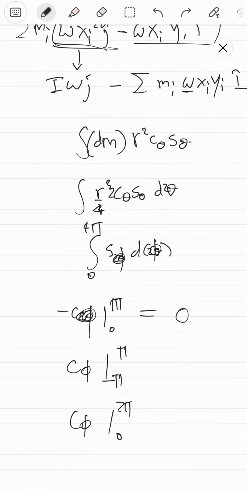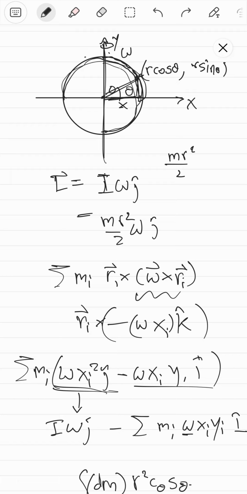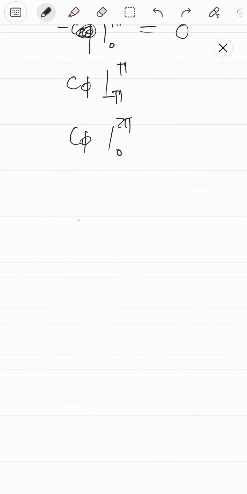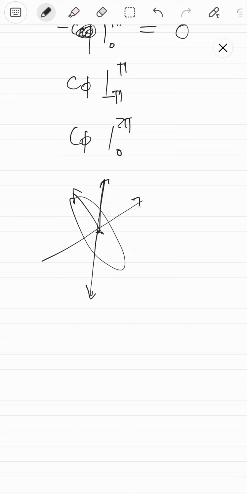And just on a side note, why did I even think about this whole thing? What I was trying to do is, you have this disk, and you have an angular velocity vector going like this. So this is the axis of rotation. It's a uniform disk, and you just want to figure out what's the angular momentum about this point, right? To do that, what we can do is split this angular velocity into 2 components, so like this and like that. About this component, finding the angular momentum is very easy, but for this component